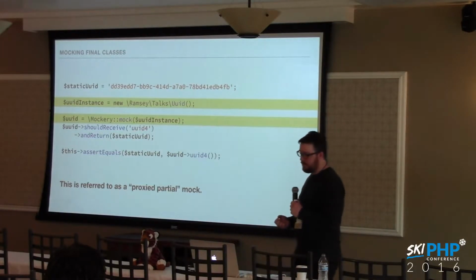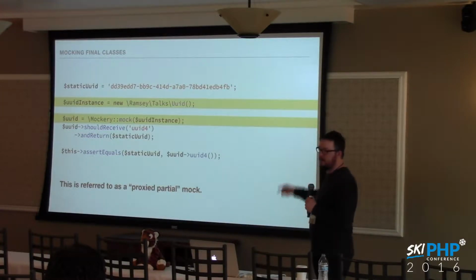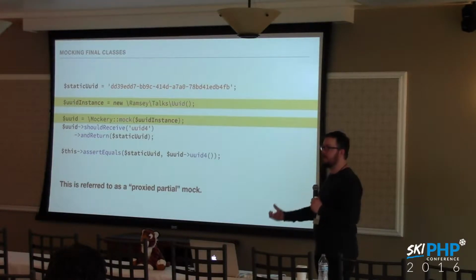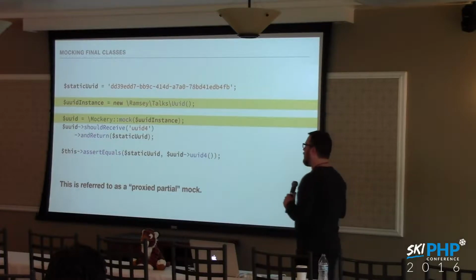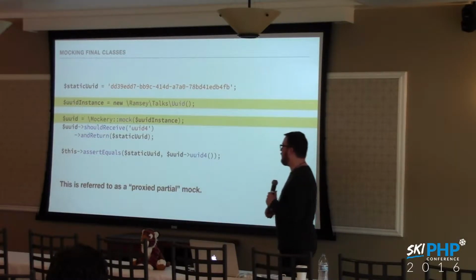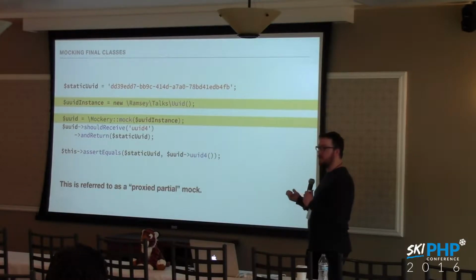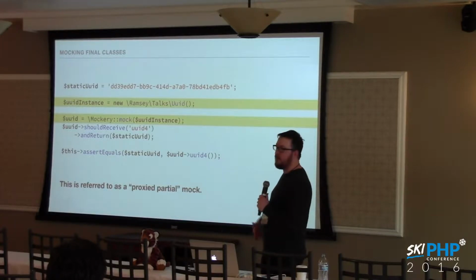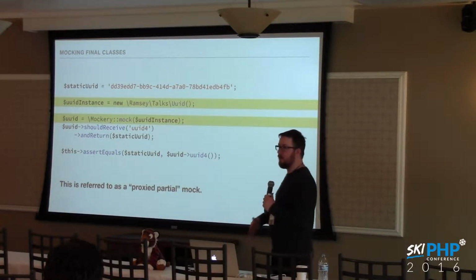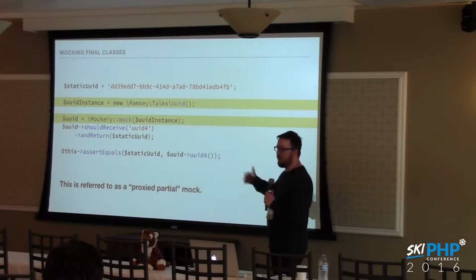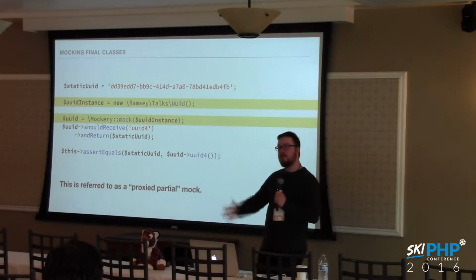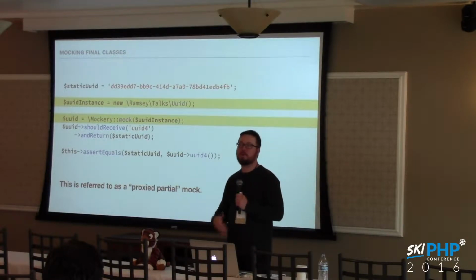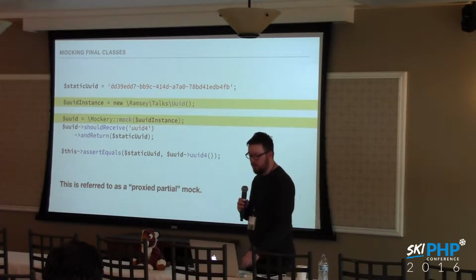The downside of this approach, though, is that this mocked object doesn't inherit its class type. So if you're using type hinting and trying to pass this object in, you can't use it. Someone pointed out in an earlier talk that if you can't type hint it, then effectively, why not just do an unnamed mock with the methods on it? That might be true, so maybe that's an option. But if you do an unnamed mock and you want the behavior of all the other methods to remain the same, then you're going to have to mock every single method. So in this case, the behavior of all the other methods on the UUID class will work. We're just mocking one of those methods, or we could mock multiple if we wanted.